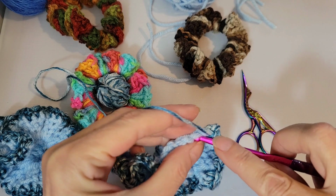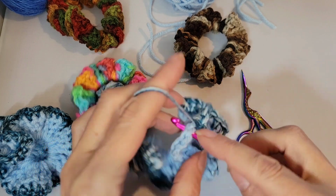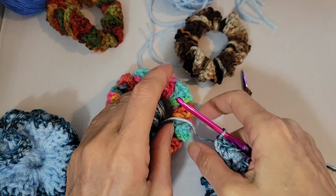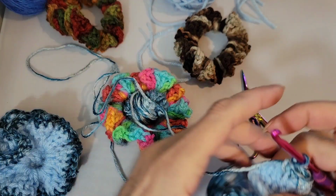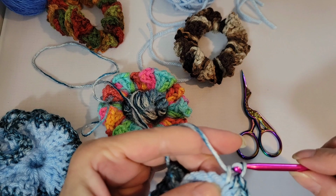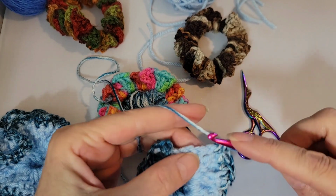If somebody's visiting your table, it's always good to have items that are under $5, so that if you are engaging in conversation with anybody coming by your table and they feel like they want to purchase something but maybe don't really have the money, they might purchase one of these or something under $5 just to show their patronage and kindness. So again, I'm just going through in between the stitches, doing a chain, and then